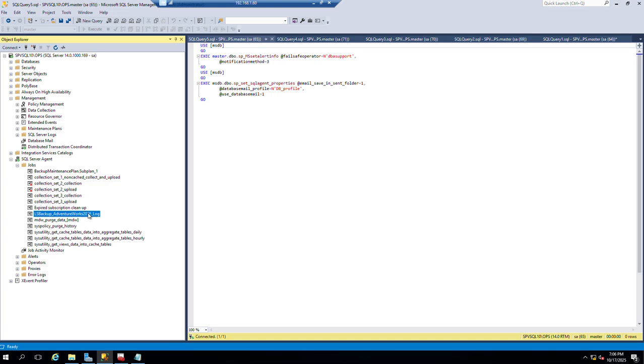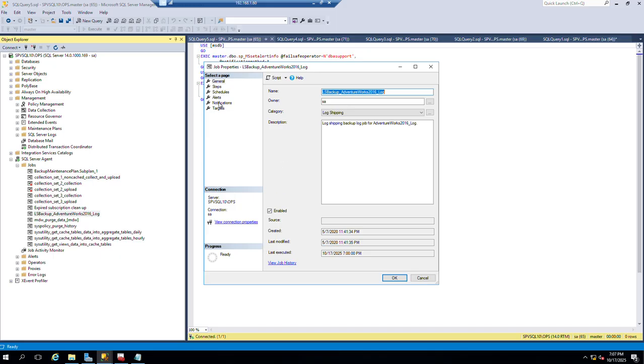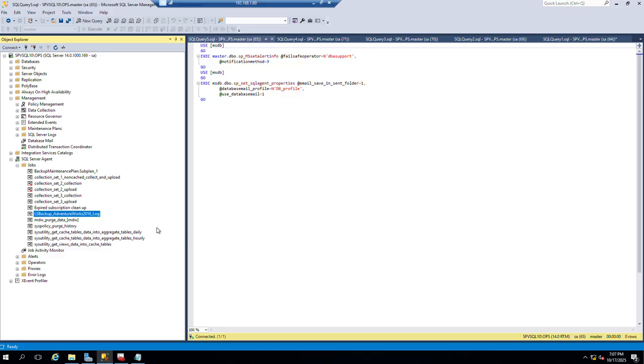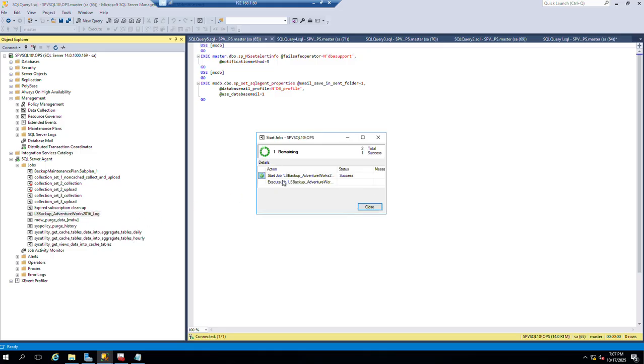So what I'll do is I'll configure this job to send out a notification to that email whenever there is an error. So I'll come to the properties of that job, and then I'll come to the notification section, and I'll use that email option. I'll enable that, and my condition for triggering this email is when the job fails. I will click OK, and then I'm going to fire this job. So I'll run it. And while that is running,